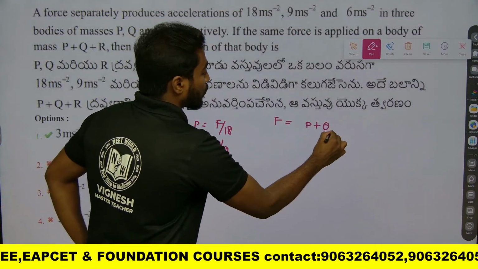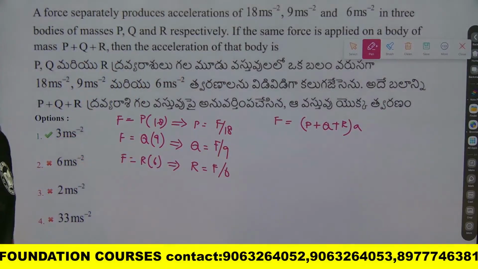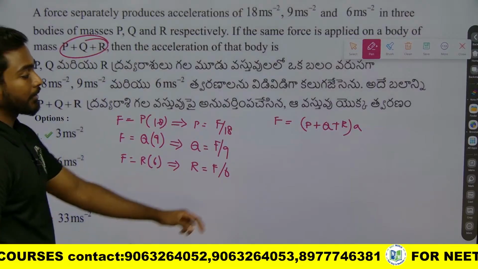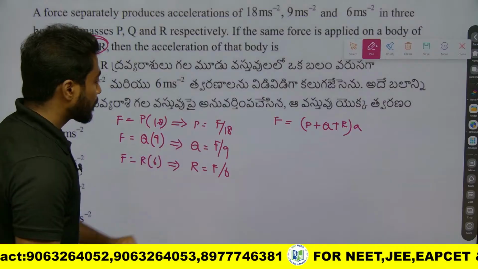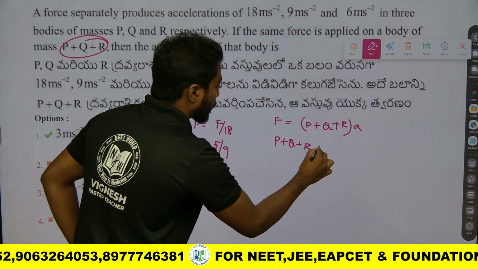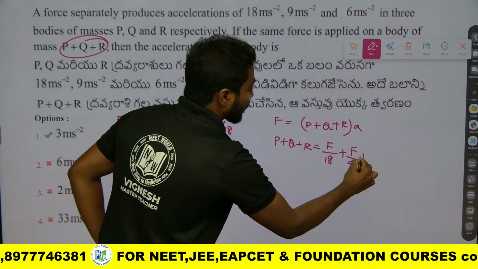P plus Q plus R into A. This is the formula, mass into acceleration, right? So mass is given as P plus Q plus R. So I have written it there. Now, we know the values of P, Q and R. Let me substitute them. So P plus Q plus R is nothing but F by 18 plus F by 9 plus F by